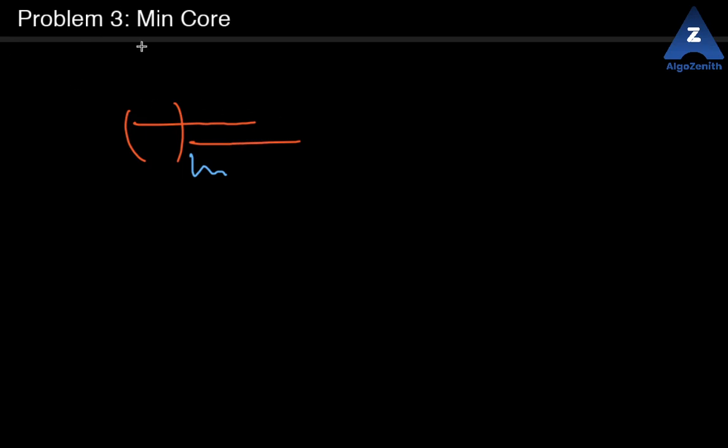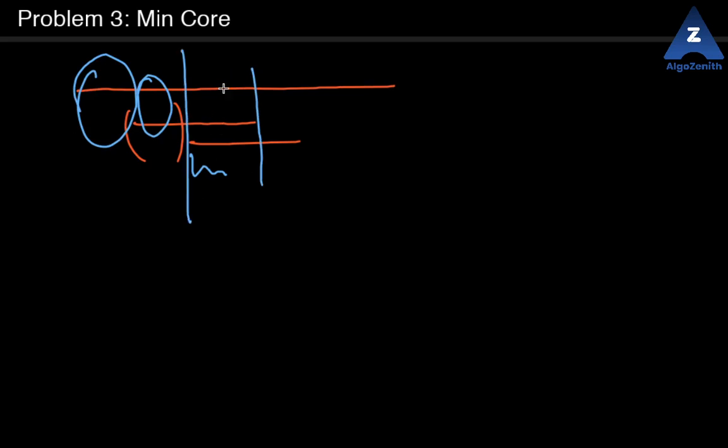Now let's suppose there is another one which goes something like this. Over here you need one core for this part, two cores for this part. For this portion over here you need three cores, for this portion you need two cores, and for this portion you need one core. So as you can see, the maximum number of overlap actually dictates the number of cores that you need in your CPU to process all the jobs.